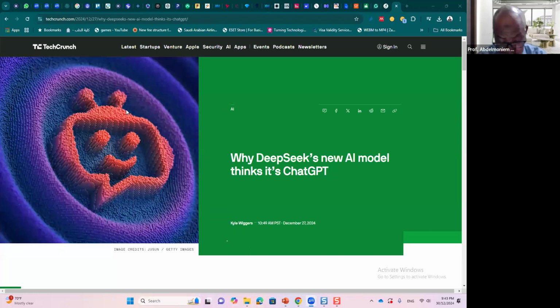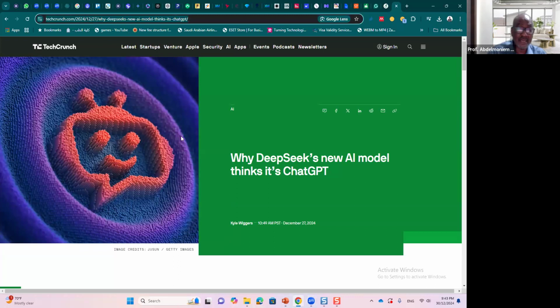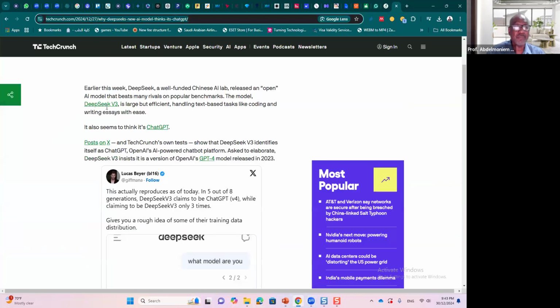It's not a generative pre-trained transformer like ChatGPT, because ChatGPT works through chatting. This report from TechCrunch says why DeepSeek's new AI model thinks it is ChatGPT. In this report, which I'm going to share with you in the chat, it gives you a very clear comparison.